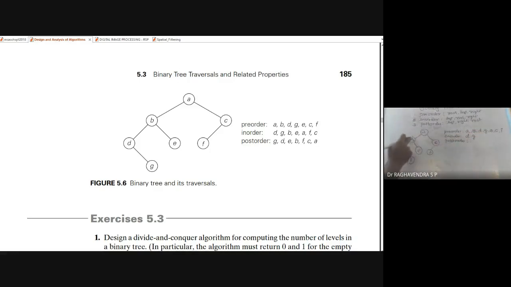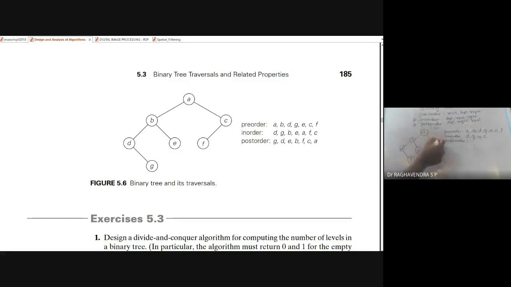So now we should come back here. Left has been visited. Then we have to visit the root, isn't it? The root for this one is B. Then after root we shall go for right, that is E. Then we shall once again go to the root. Left one is already visited, so then we have to visit the root. Once the root is over, we shall go for the right.